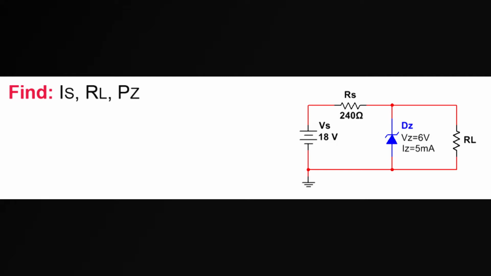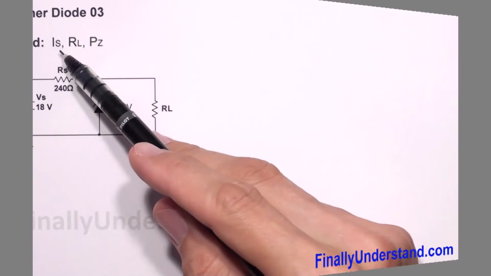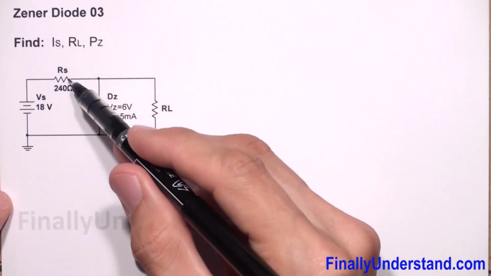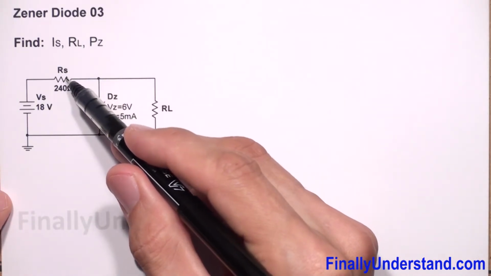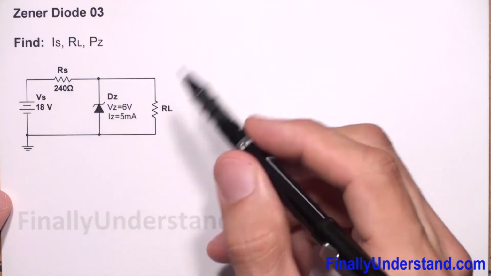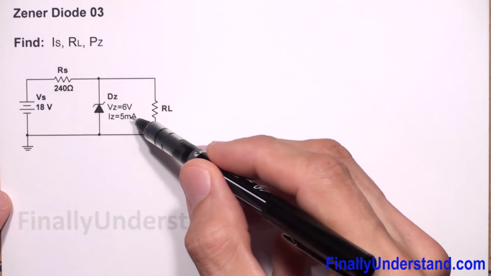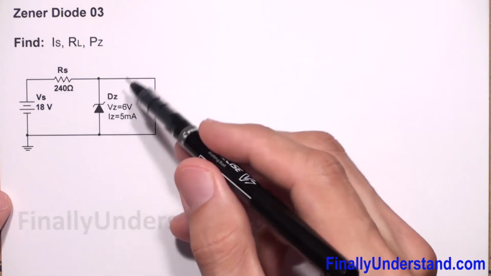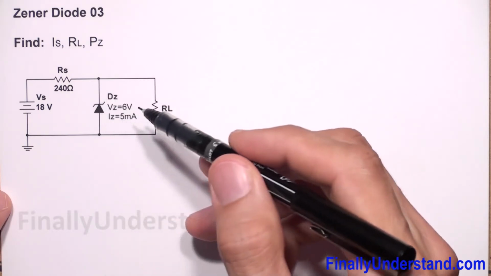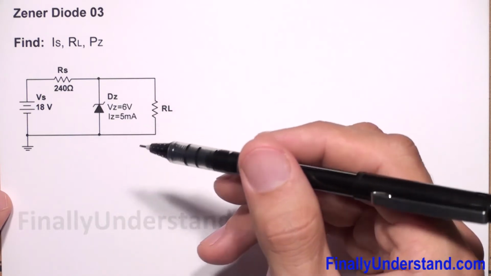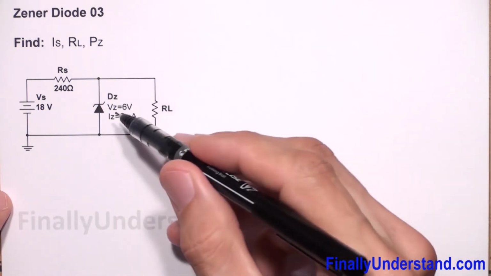Let's take a look at this example. We're supposed to find first the current IS. IS is the current which will go through the resistor RS. Okay, so the current which goes through the Zener diode is given. So I know that 5 milliamps is going through the Zener diode, and simply you're supposed to realize that the